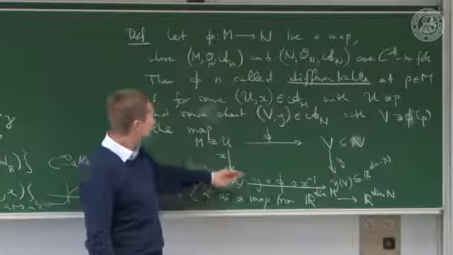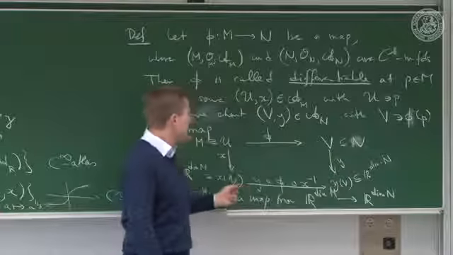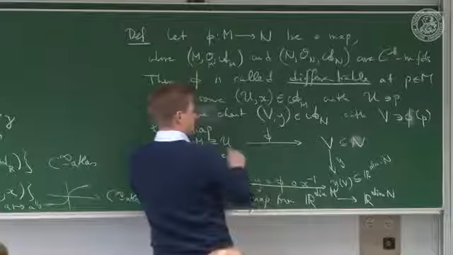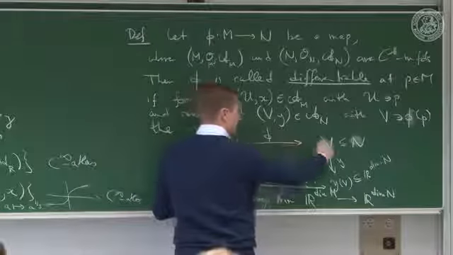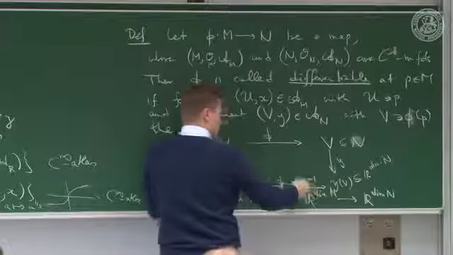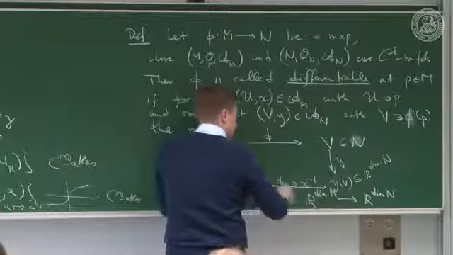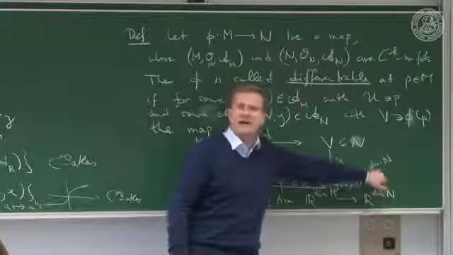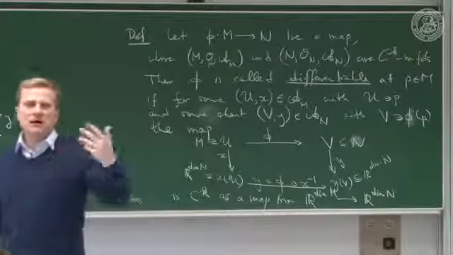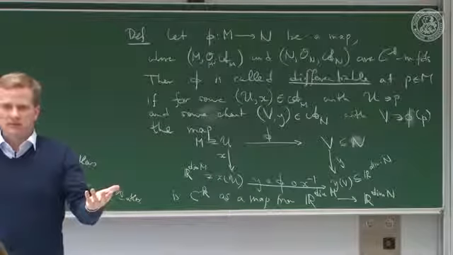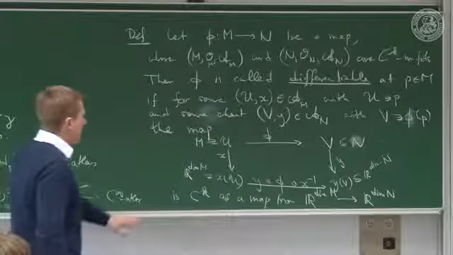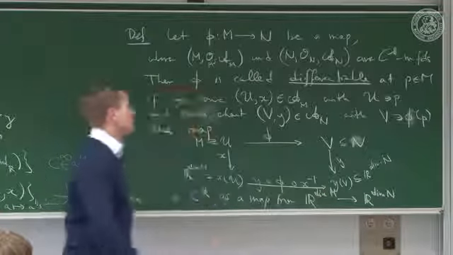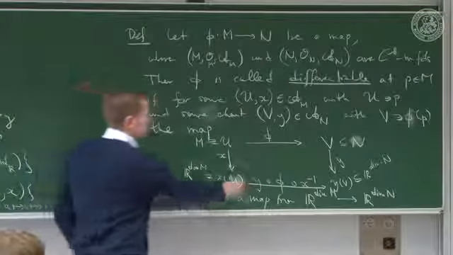That means look at the chart, and mimic this map up here by considering this path here: X inverse, then phi, then Y. X inverse, then phi, then Y. And consider this. Why? Because this is a map from R^m to R^n, and from R^m to R^n we know what differentiability means. That's the idea. So we now define also the differentiability of this map by the differentiability of this chart representation